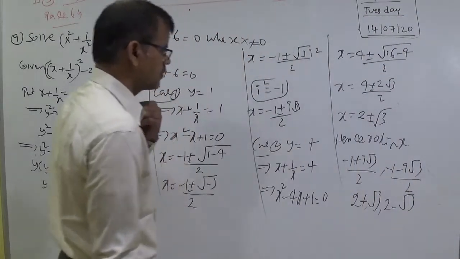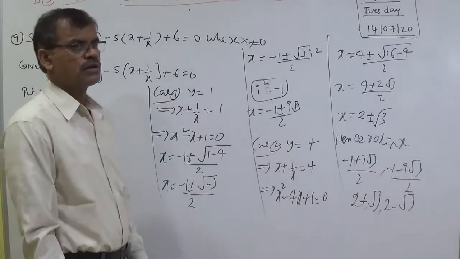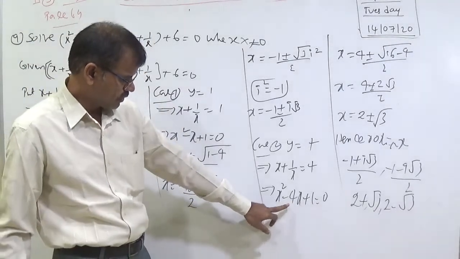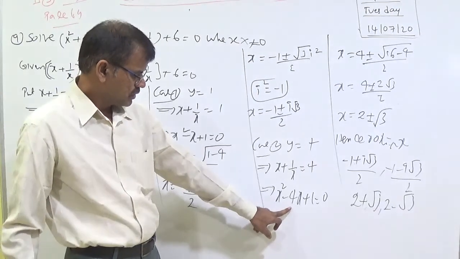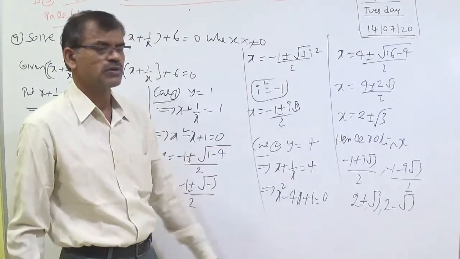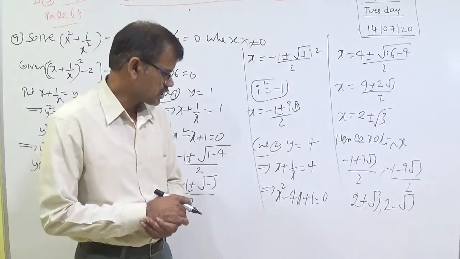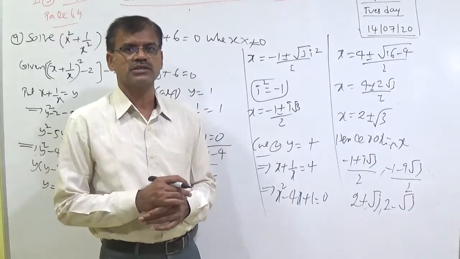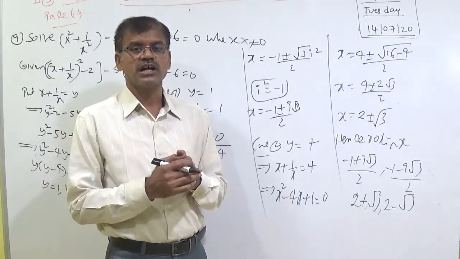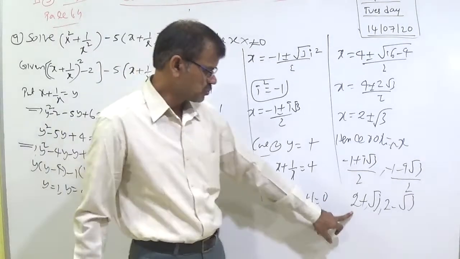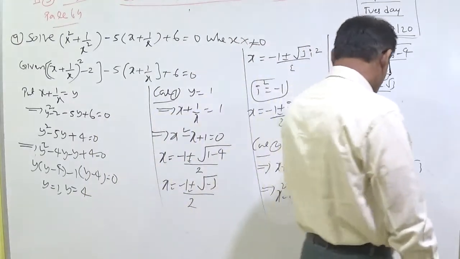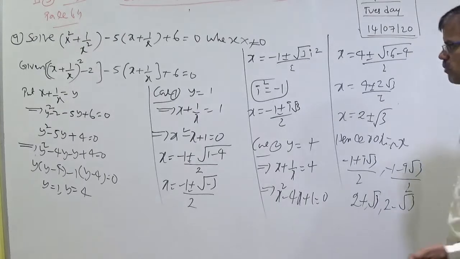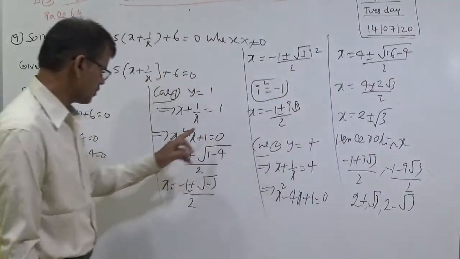If we understand using the discriminant property or the nature of roots, if we calculate delta for this one, you can get b square minus 4ac, 16 minus 1, 15. Whenever the roots are irrational, if it is not a perfect square, delta greater than 0 and it is not a perfect square, then the roots are conjugate surds, 2 plus root 3 and 2 minus root 3. Here you can understand these are conjugate surds. Surd means the form a plus root b and a minus root b.